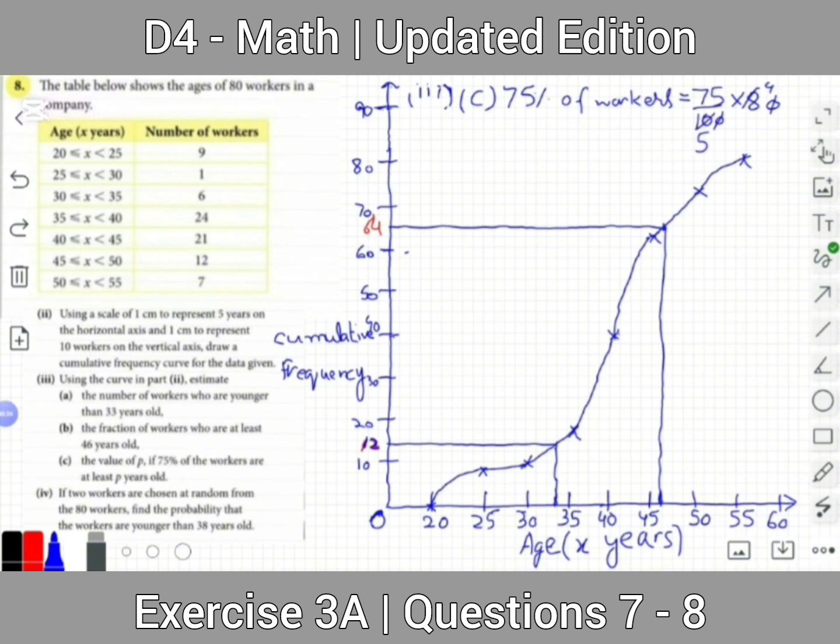And with the table of 5, we can further simplify it. So 15 multiplied by 4 is equals to 60. So 75% of workers is equals to 60 workers